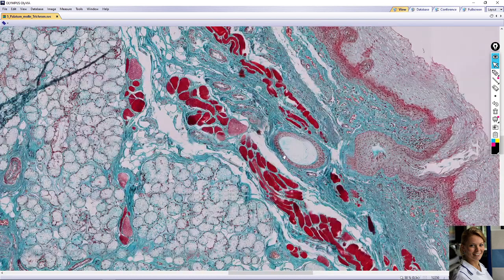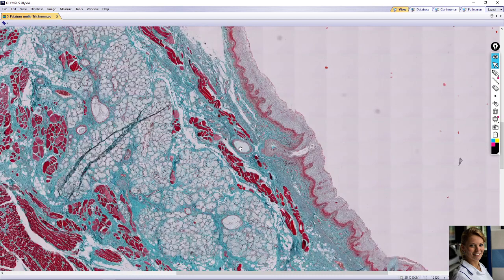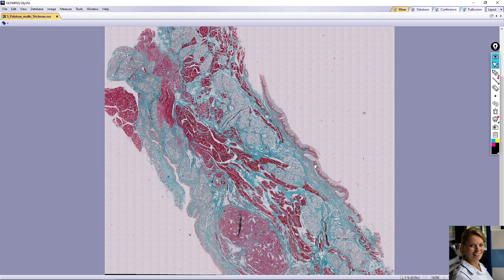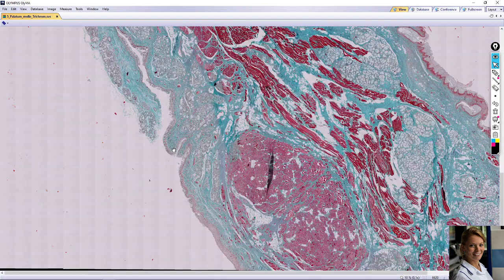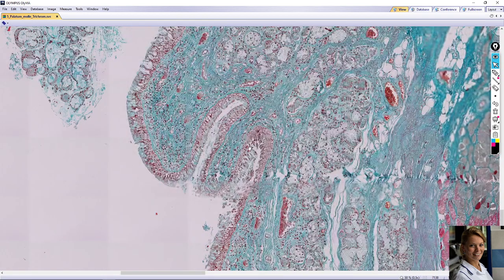Here you can see two layers of cuboidal cells which line the larger duct, which is open to the oral cavity. So this is the oral surface, and another side, the nasal surface, is covered by pseudostratified ciliated columnar epithelium